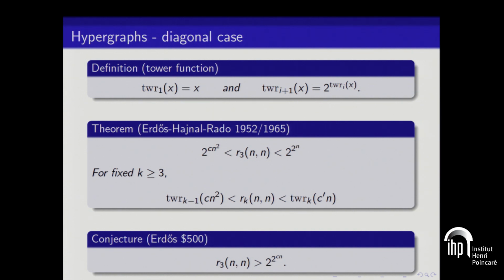And the hypergraph diagonal Ramsey problem, the main open problem I would guess in the field, is the tower growth rate of the diagonal 3 uniform Ramsey number, R_3(n,n). And here we have classical results of Erdős and Rado and Erdős–Hajnal and Rado from the 50s and 60s, which give a lower bound that's exponential in n squared and an upper bound that's double exponential in n. c is always going to be a constant.